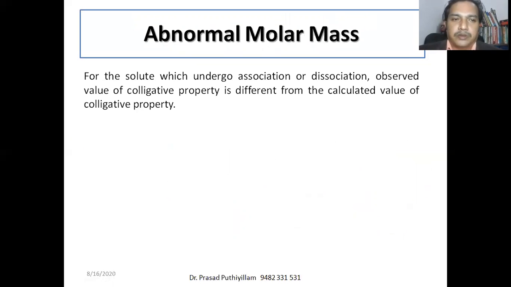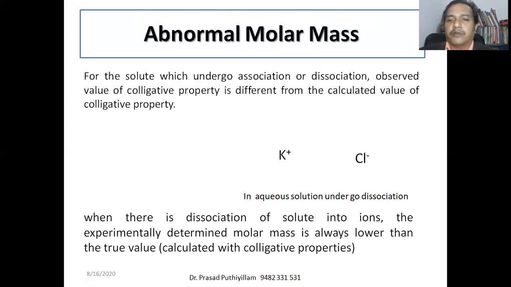Abnormal molar mass, that is some abnormality in molar mass. For a solute which undergoes association or dissociation, that is electrolyte solutions, the observed value of a colligative property is different from the calculated colligative property. We calculate the colligative property based on the number of particles. For example, if you add potassium chloride solute to water, we expect one potassium chloride particle, but actually potassium chloride undergoes dissociation. It dissociates into two ions, one positive ion of potassium and one negative ion of chlorine, that is K plus